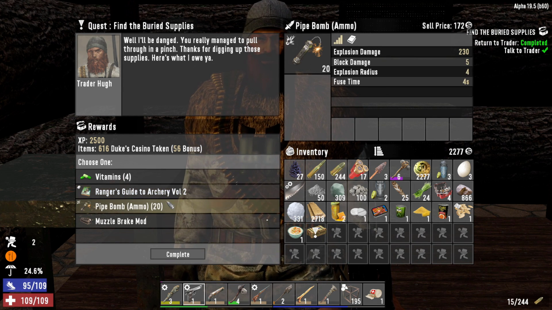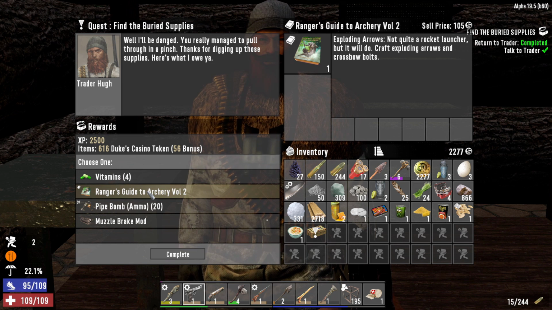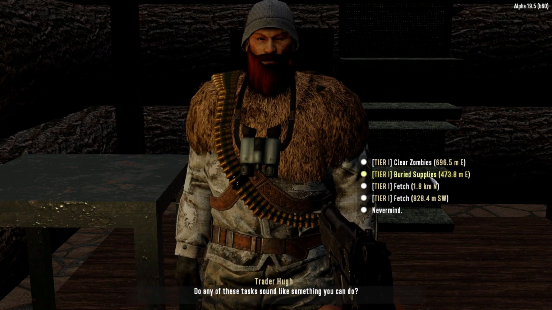The pipe bombs will help immediately. These would help long term. Oof. Just because these are a lot easier to use than the pipe bombs are. Yeah, I think I'm actually going to have to go ahead and take that. And then, other than that, you've got...